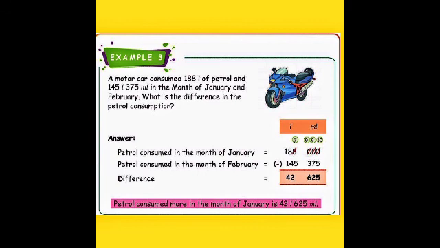Now we'll get 7. If you carry over to the next number, that becomes 10. But there is also a 0. We need from the unit place. So I'm taking the next like that. Then the numbers will be 9, 9 and 10. So 10 minus 5 is 5. 9 minus 7 is 2. 9 minus 3 is 6. So 7, then we'll come to the liter column. In the liter column, we are going to subtract 7 minus 5, that is 2. And 8 minus 4 is 4. 1 minus 1 is 0. So the petrol consumed more in the month of January, that is 42 liter, 625 milliliter.